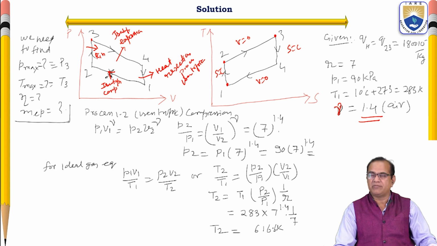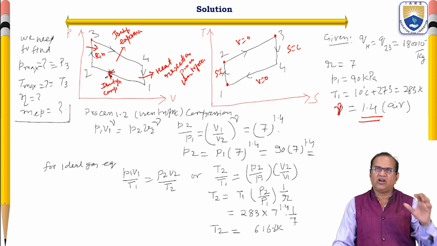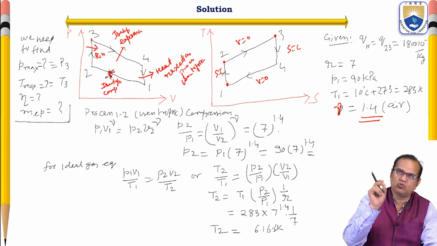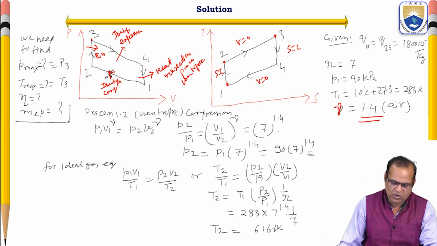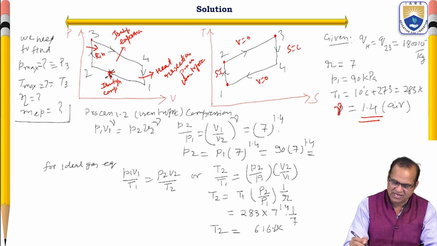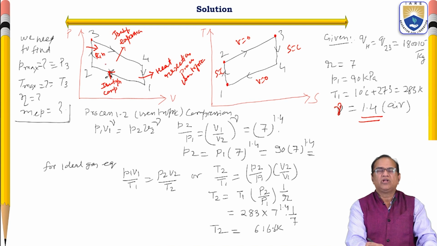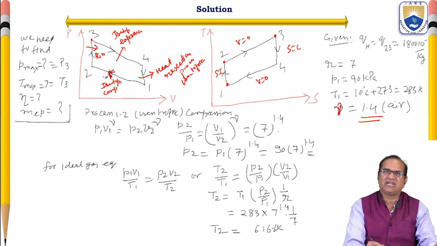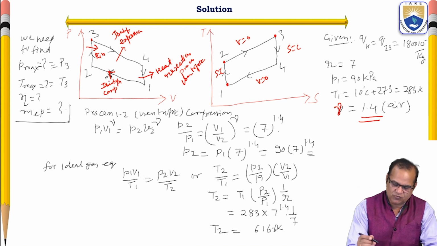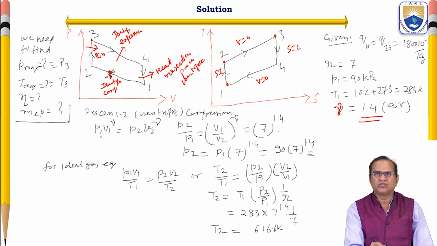This has to be remembered. So now we have to find out the state location from 2, 3, 4. All the points we have to find out. First we have to start with the process 1, 2. This process 1, 2 is an adiabatic or isentropic process. So we have to use the adiabatic